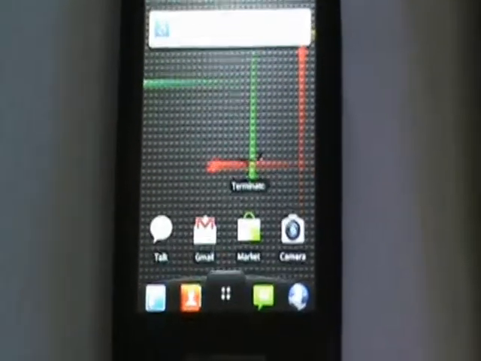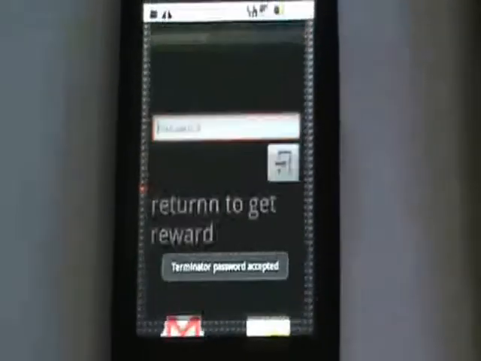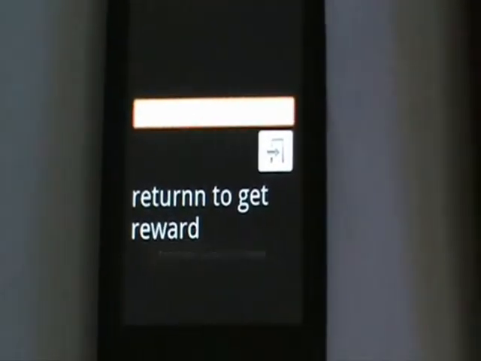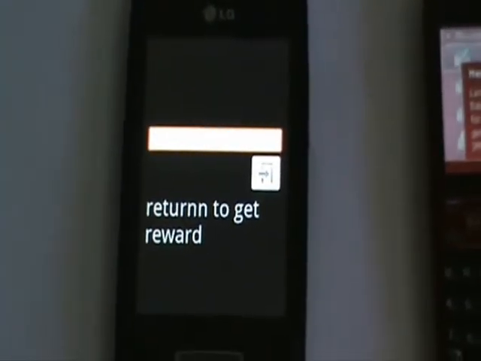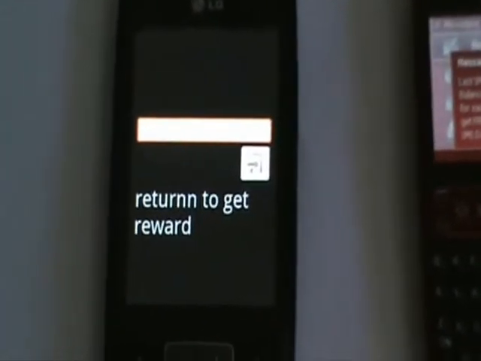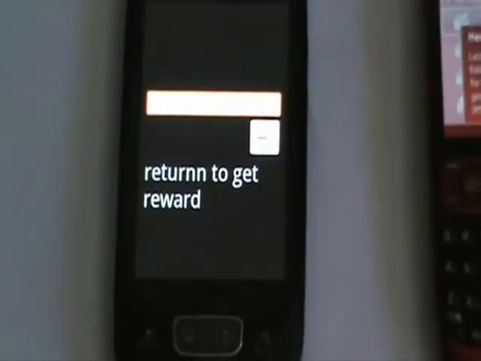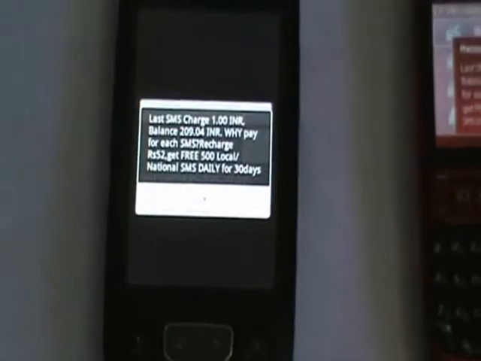So now waiting for the, okay. Now you can see that the device has been logged, and the optional message got displayed on the front screen,